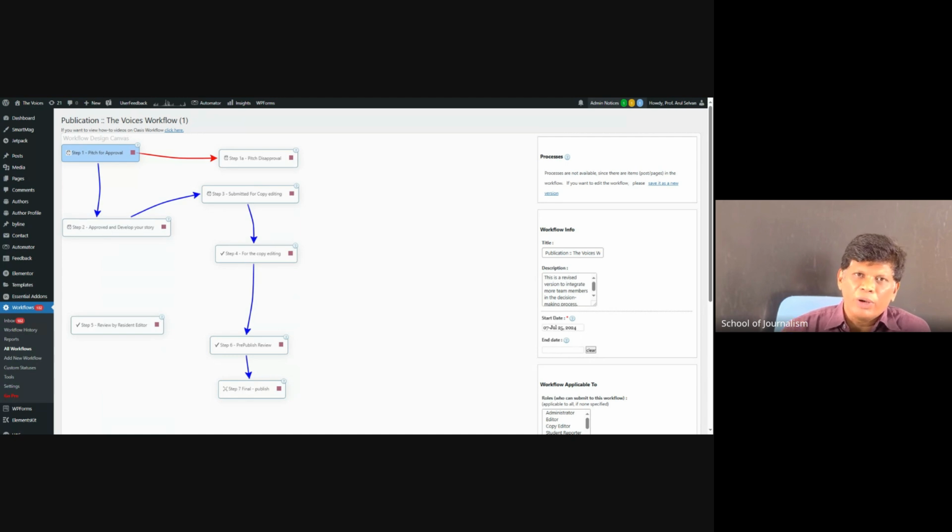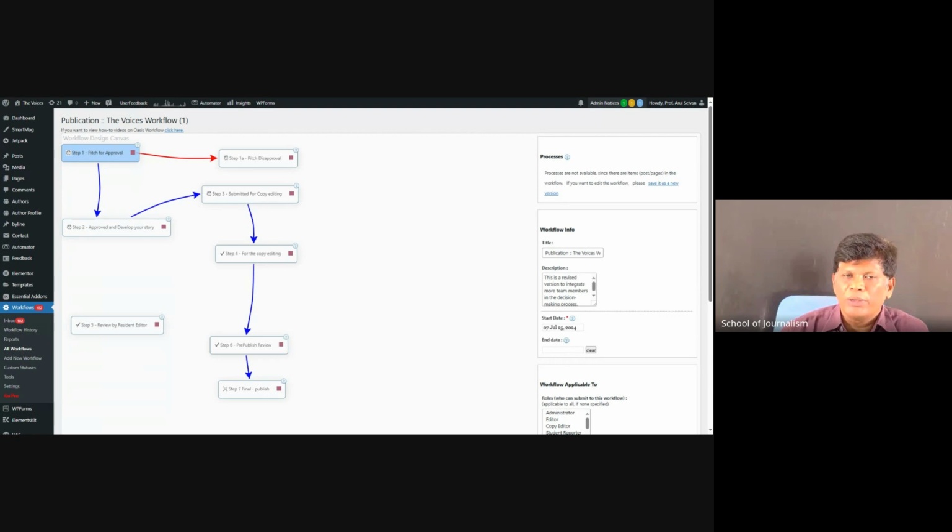If they say everything is okay, then they send it to me. Finally, it comes to me. Then I'll check it again: the language, the content, the picture, everything. Then it goes for publication. See how many times, how many people are checking the quality of the story. So once it goes public, it is free from any kind of errors: language, grammar, data, technical, everything. So it goes to publication.